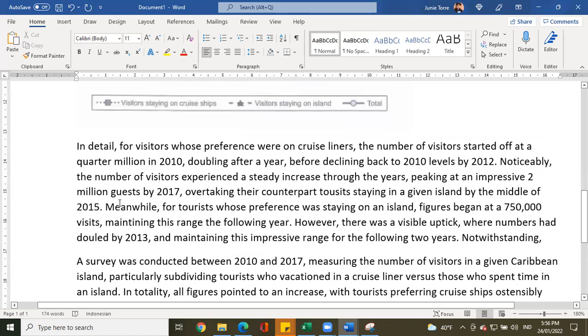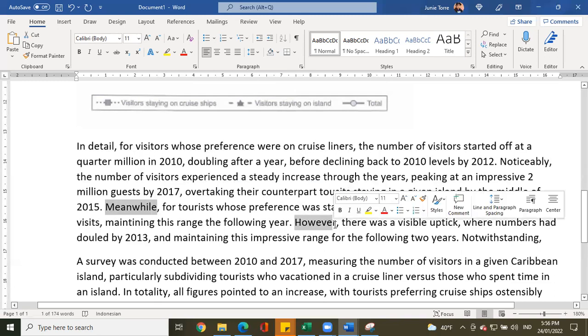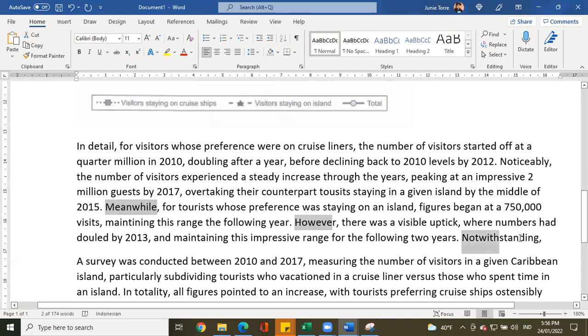So, you notice how markers lead the reader. This meanwhile indicates that we are going to a new line. This however indicates that there was a change in the trend, an improvement. And this one marks the negative change that happened after. Notwithstanding,